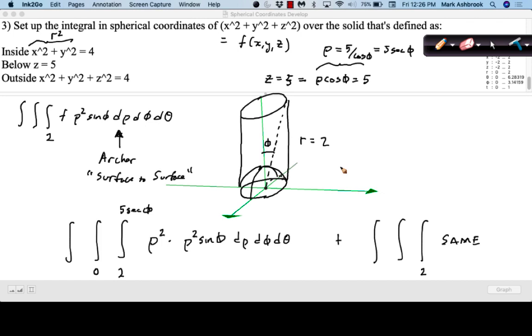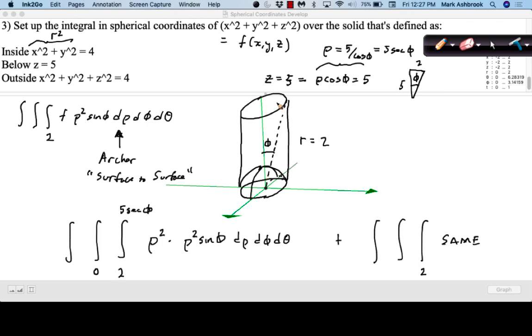So we've got a triangle, right? We've got a right triangle. The height of that triangle is 5. So I'll just draw it again here. The height of the triangle is 5. This leg of the triangle is 2. And that's my phi. So phi equals what? Arctangent of 2/5. So we want to exit out z equals 5, or rho equals 5 secant phi, when phi